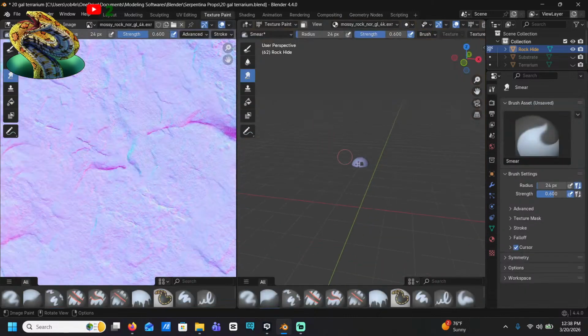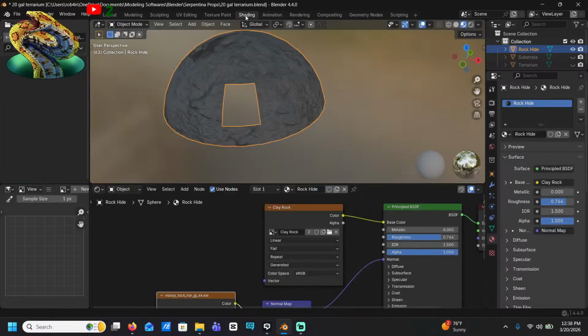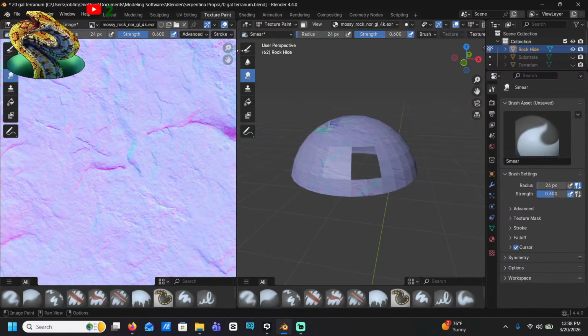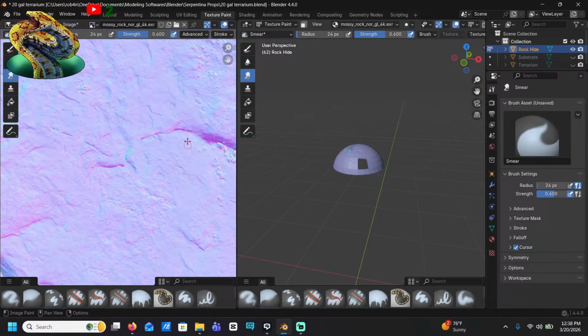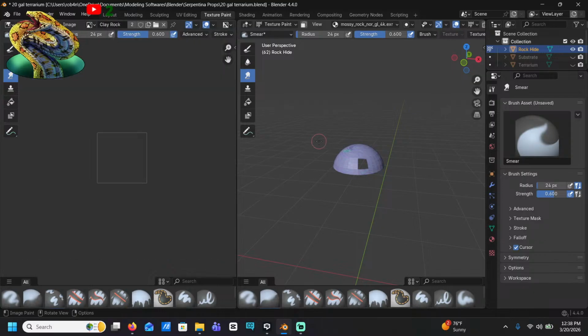Back to texture paint. Okay. I can blur the normal. That's cool. I didn't know I could do that. Let me remove that normal. Remove that normal map. Okay. Texture paint. The normal map is still there, apparently. All better? No, it's still...